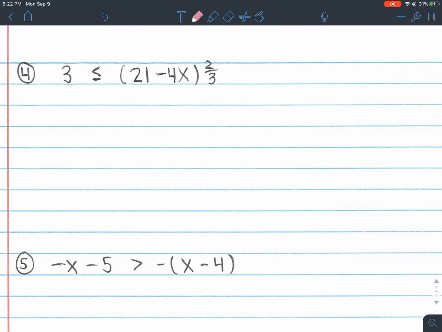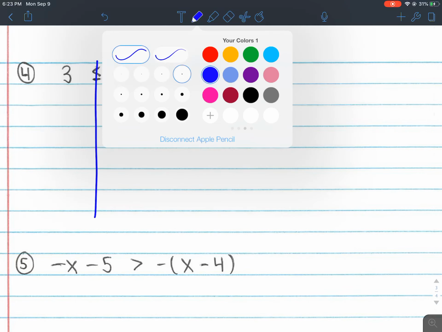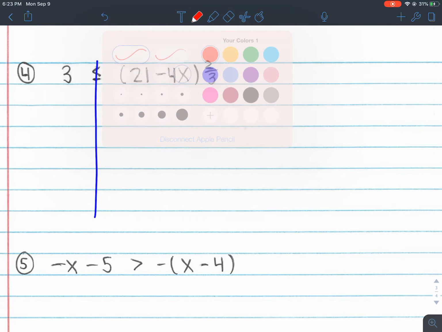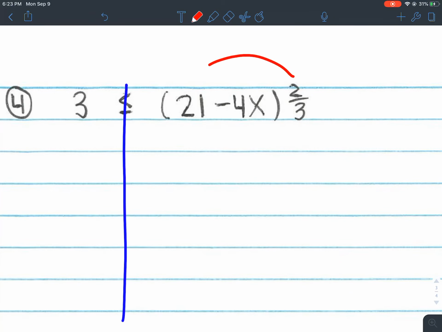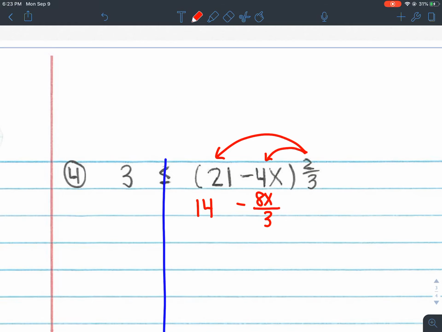3 is less than or equal to 21 minus 4x times 2/3. So I'm going to go ahead and draw my line down the middle. And this one's a little bit different because it's kind of backwards for us. First of all, I need to distribute. So I'm going to do 2/3 times 21, which is going to give me 14. And then 2/3 times negative 4x, which gives me negative 8 over 3, which is going to be negative 8x over 3. And just a reminder,